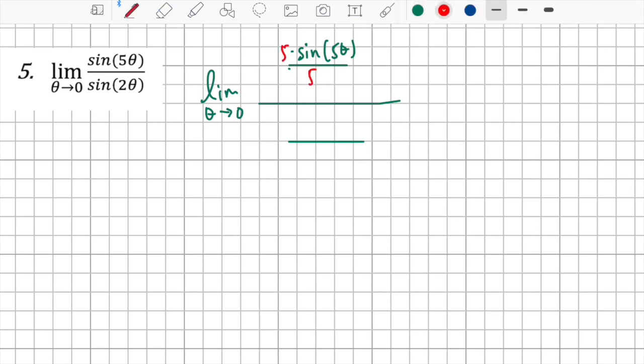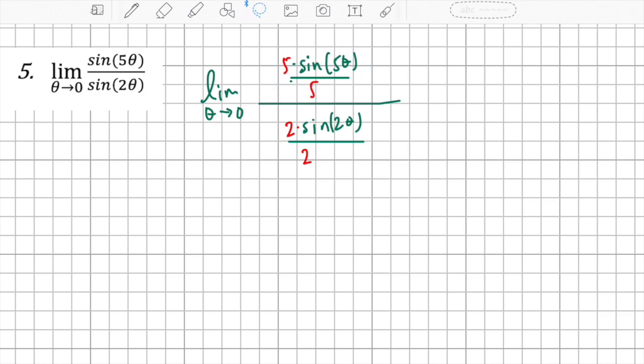Let me change the color so you can see what I'm doing. So it'll be 5 over 5. We're going to do the same thing with the other sine. So sine 2 theta, and then it's going to be 2 over 2. That's 1. So we're really not doing anything different. I mean, we're multiplying by 1 literally. So now we just need the theta now. Now if I write theta here and theta here,